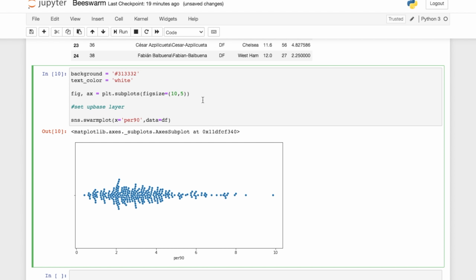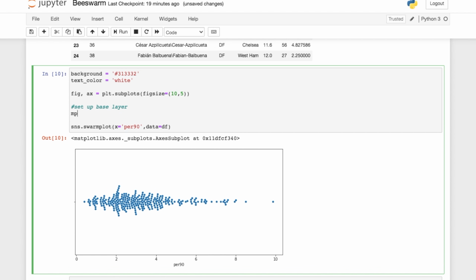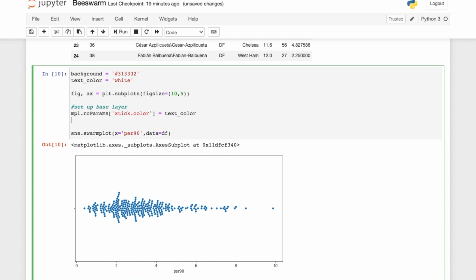So we're going to set up base layer, and what we do here is we just say mpl.rcParams, and then in brackets we're going to call an xtick.color, and we're going to set that equal to that text color that we created before. So we'll just do text_color, and then we're going to do mpl.rcParams ytick.color, and we'll set this equal to text_color. And so what this is going to do is it's just going to make the ticks white for us,